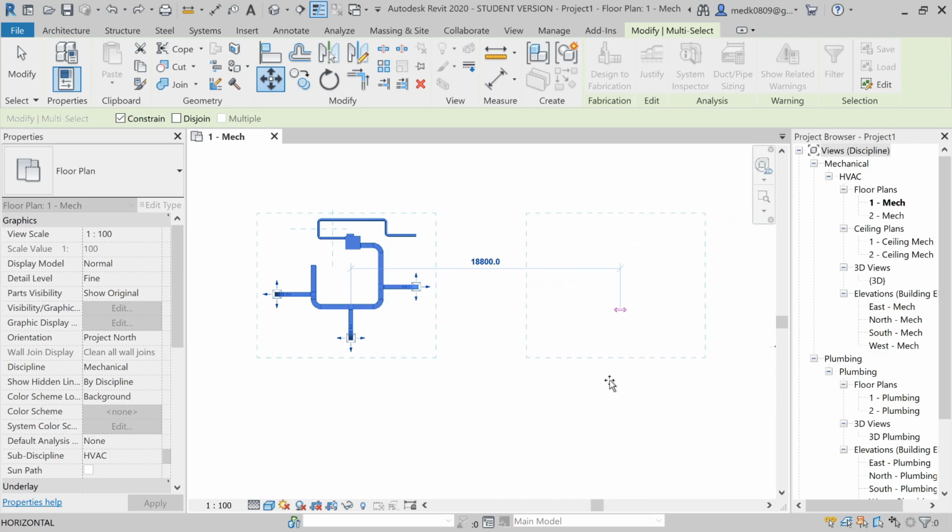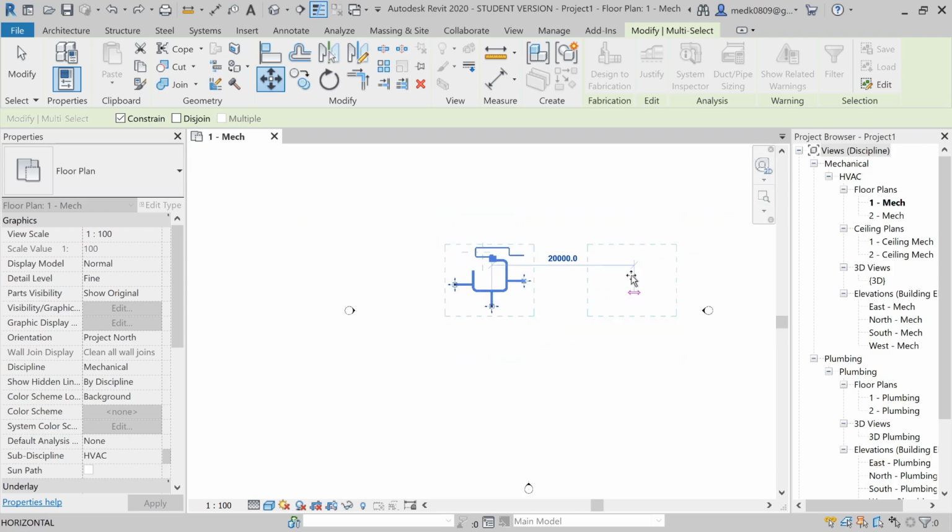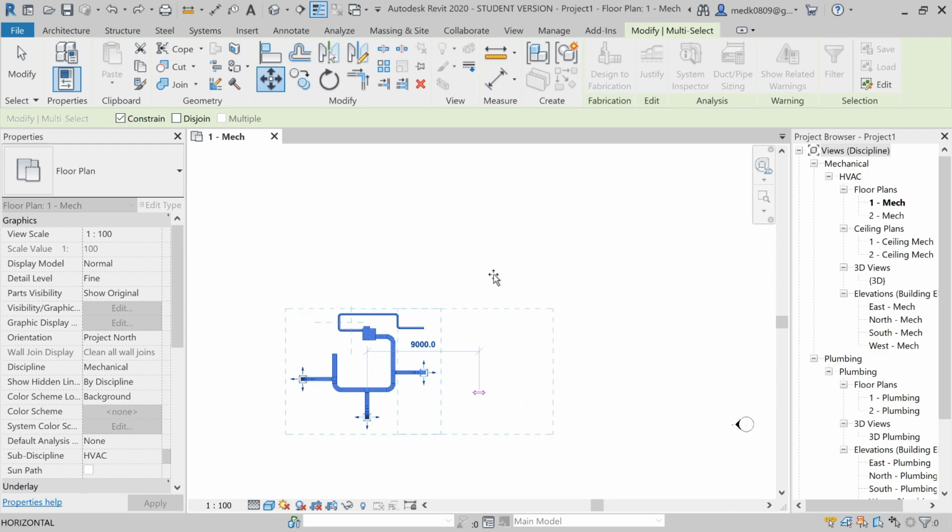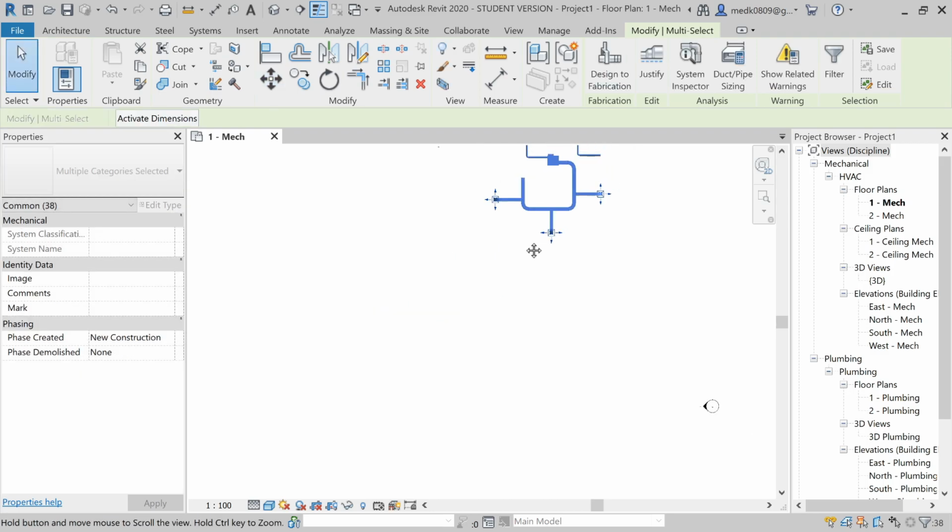Okay, now you can see it is moving only in the X direction, or you can say in the Y direction, but not in different directions. Let us say if I want to place this circuit at an angle of 45, it is not going. For that I need to uncheck this constraint over here. Say it is checked, I will just uncheck it, and now it can go in any direction. Okay, so see, in 45 degrees you can place it anywhere. To place it on the screen just click your mouse and your object will be moved.